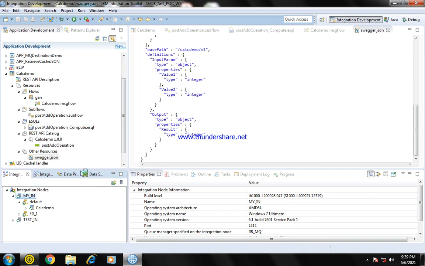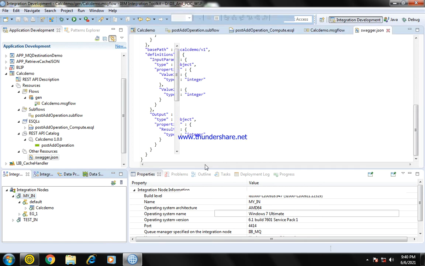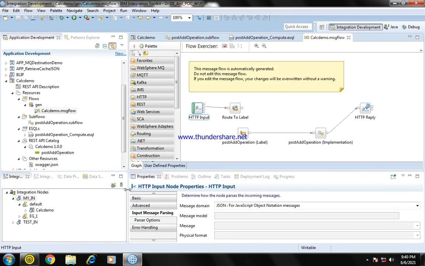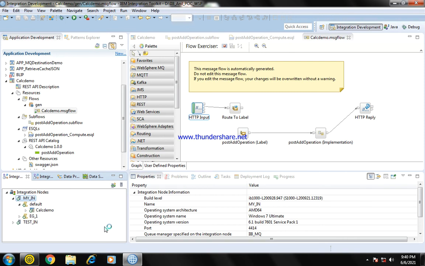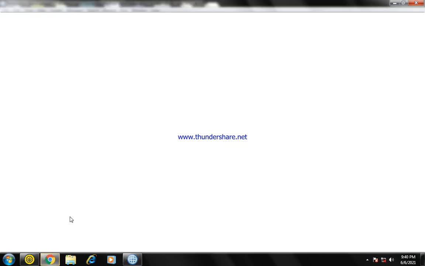Let me open the web user interface. I'm opening the web user interface so I'll show you how to capture the URL where it has been deployed.